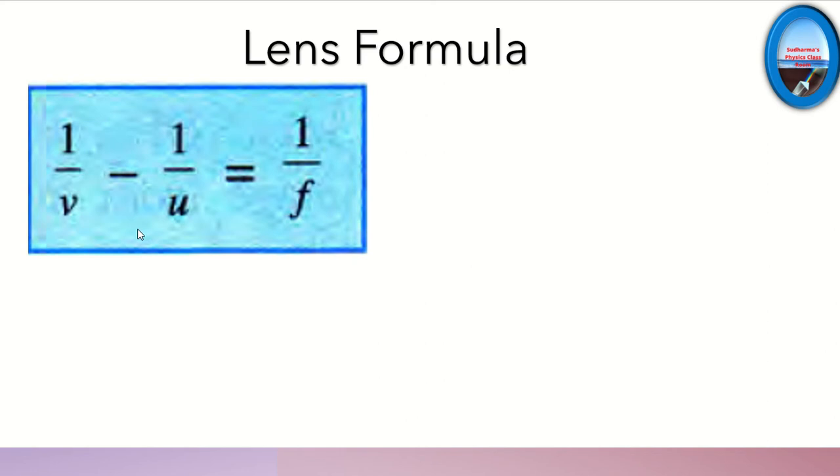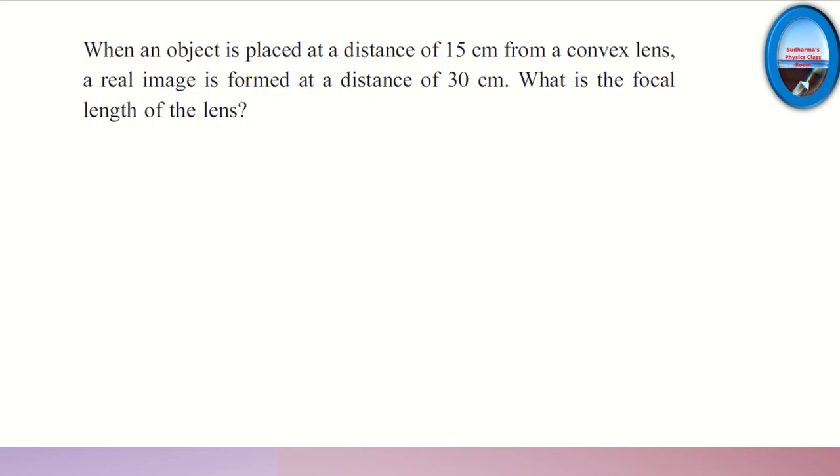This is a very simple trick to solve lens formula numericals, because lens formula numericals are a very important part of any question paper. Any distance which is to be calculated, we are not going to put the sign. What we will do is, whatever is given, we will apply the sign, then calculate, and the quantity which is to be calculated, we will get with a proper sign. Now you will be wondering how is that possible. So let's try that with an example.